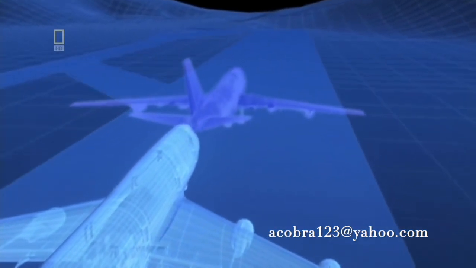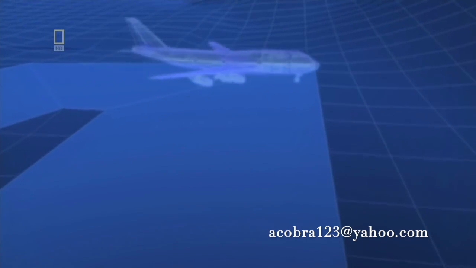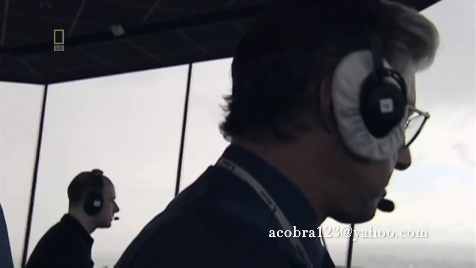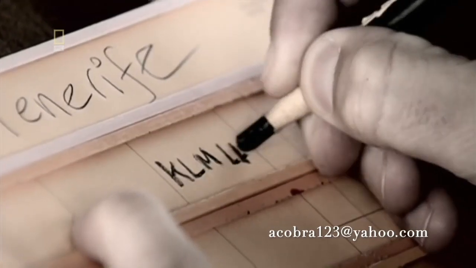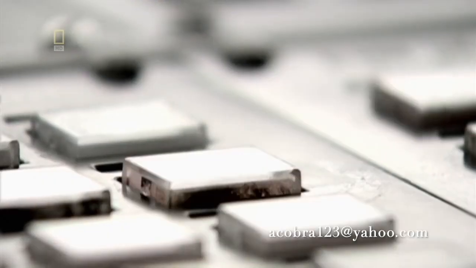The air traffic controllers instruct the pilots to proceed to the end of the airstrip, make a 180-degree turn, and wait for clearance to take off. Visibility is now down to 300 meters. None of the air traffic controllers can see the planes that they're directing, and there is no ground radar to help them. They are now totally reliant on communicating by radio.